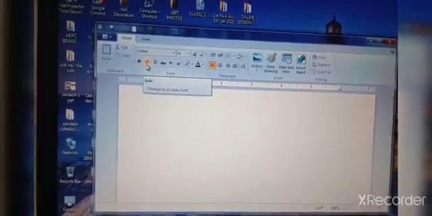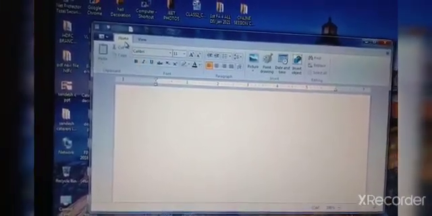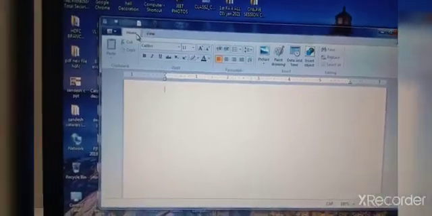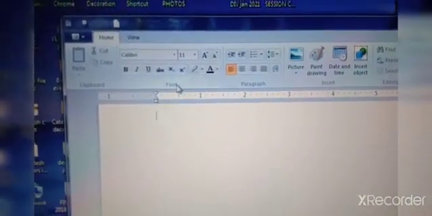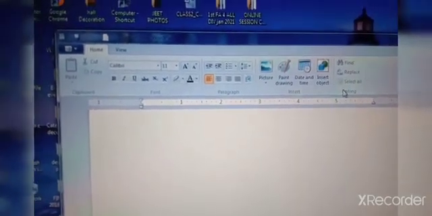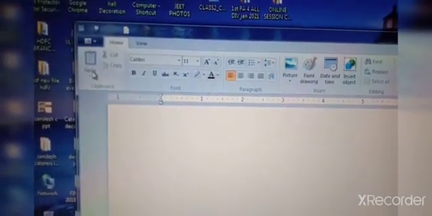Now there are two tabs: Home tab and View tab. In each tab there are groups. See, in the Home tab you can see the Clipboard group, Font group, Paragraph group, Insert group, Editing group, right? These are groups, and in these groups there are some commands like cut, copy, paste.